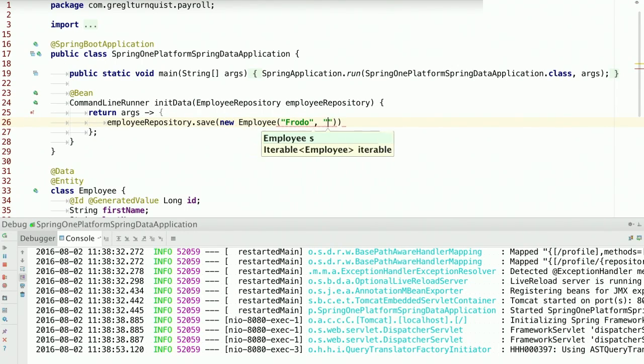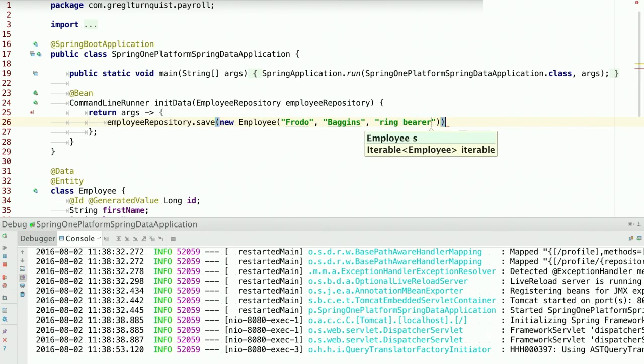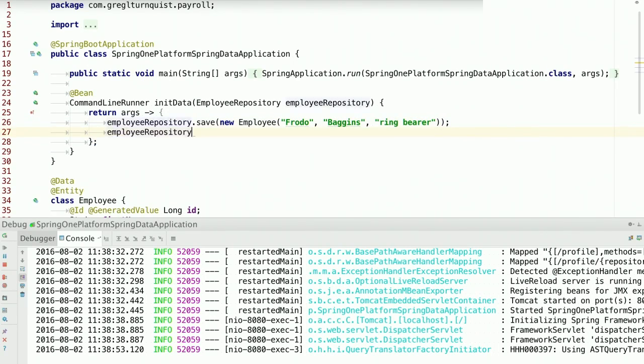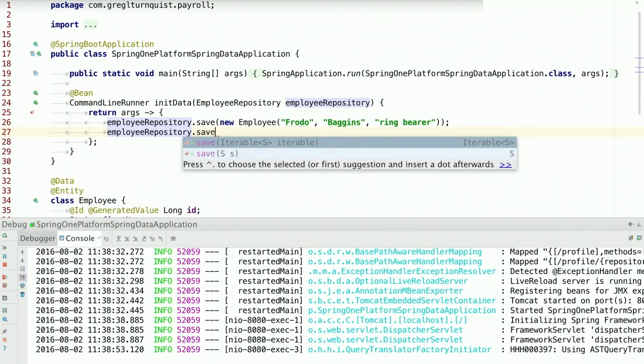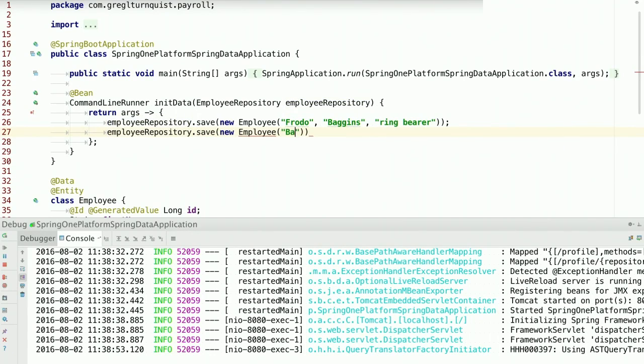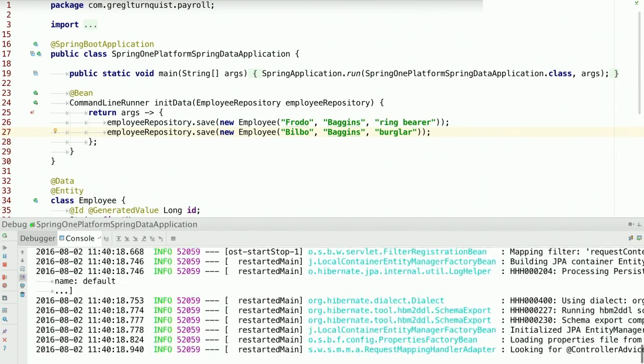Let's see, who's on the payroll? We got Frodo Baggins works for us, that's good. We also happen to have Bilbo Baggins. Now, depending on what his job title is, that could be good or bad. So if I can preload some data here,